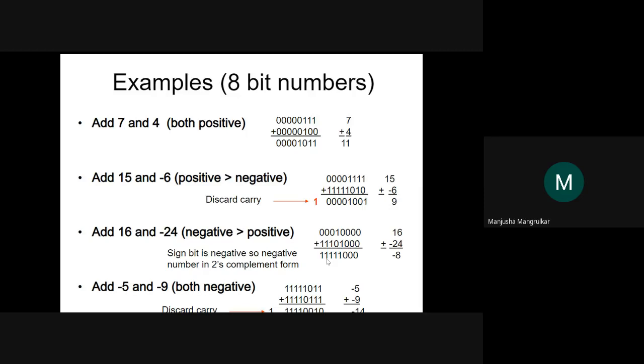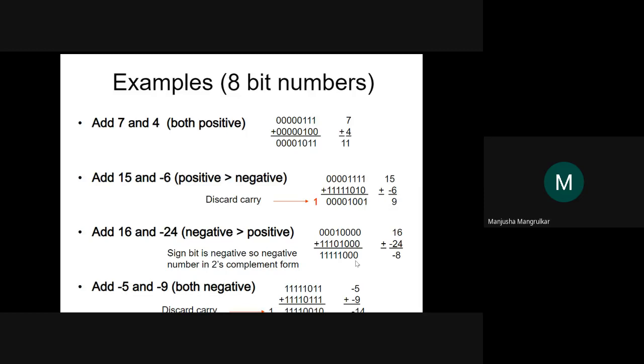If we convert it in the simple way, what result will we get? 0 0 0 0 0 1 0 0 0 for this number. So that is the 8. So minus 8, if the result is negative, that means this result is in 2's complement. So the sign bit is negative. So it is a negative number in the 2's complement form. So this is the 8, and 8 is in the 2's complement form.